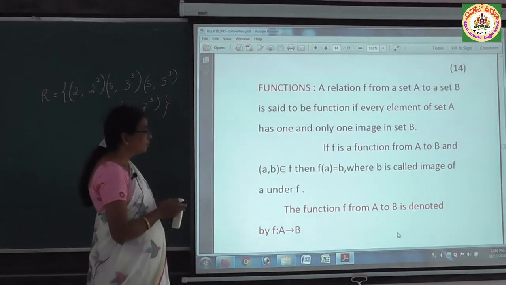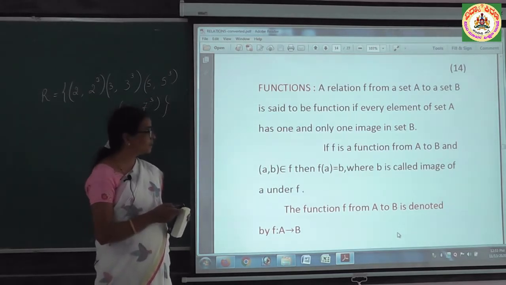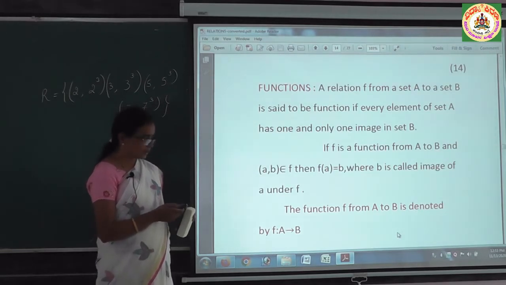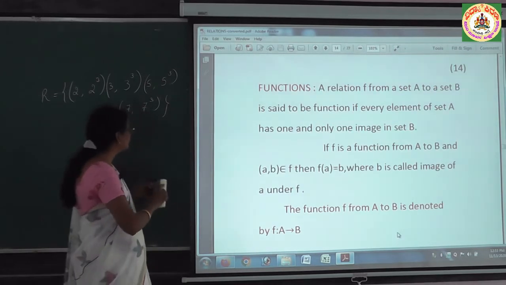Next, we shall study about functions. What do you mean by functions? Relations are over now. We will start functions. A relation f from a set A to a set B is said to be a function if every element of set A has one and only one image in set B. That means